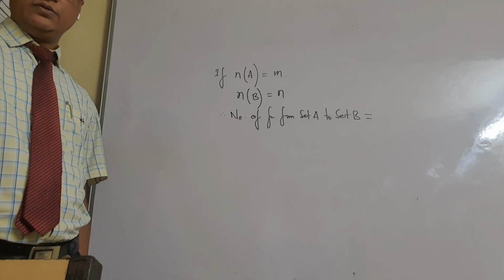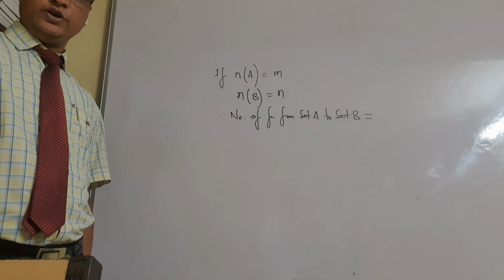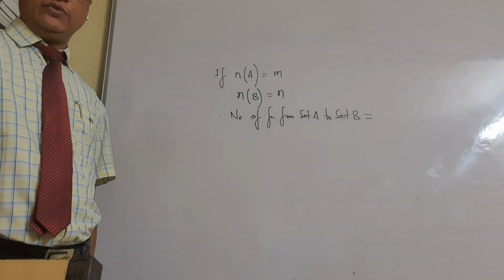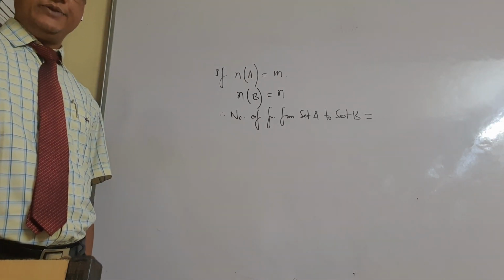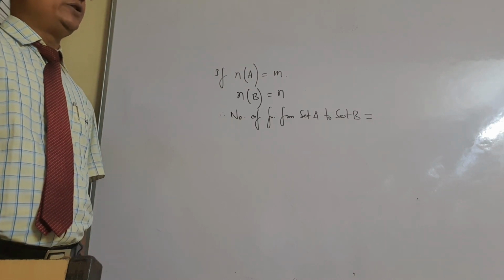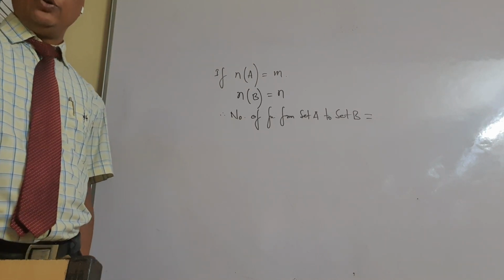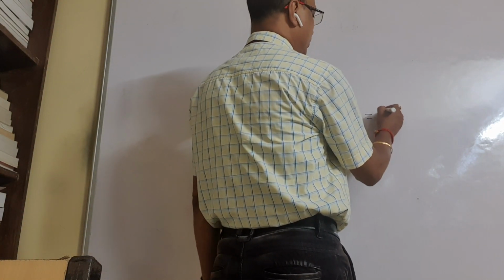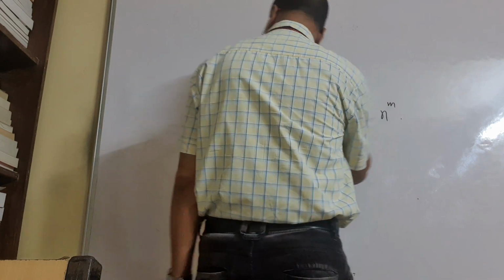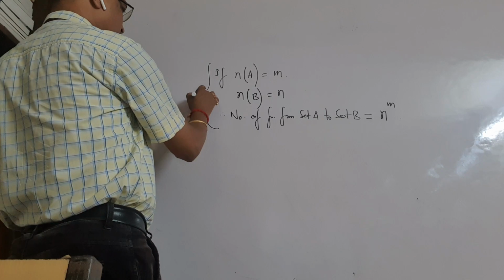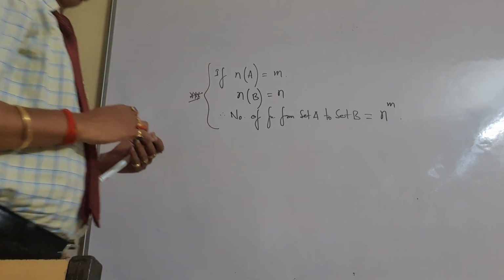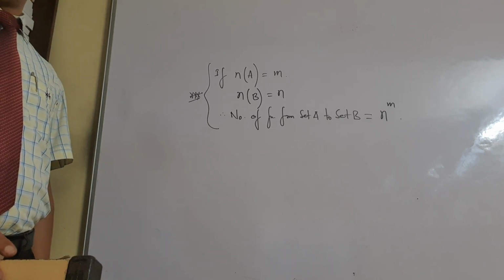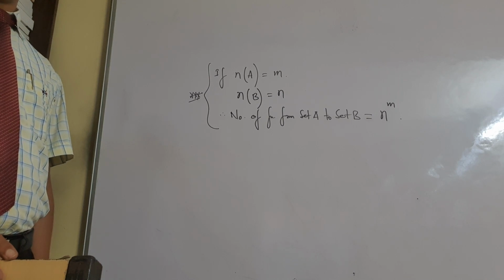The Cartesian product gives the total number of Cartesian elements, m into n. 2 to the power m into n is the number of relations, if you recall, we have already discussed. Am I right? But if you wish to find the number of functions from set A to set B, it will be n to the power m. This relation is not given in many books, but we should know it, because the valid formula for the number of relations from set A to set B is 2 to the power m into n.